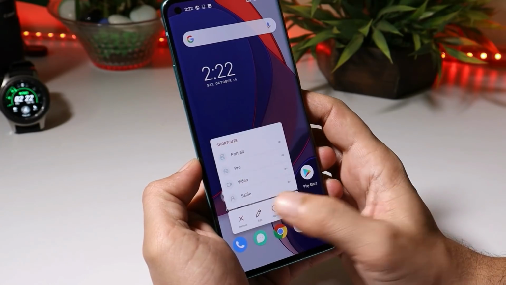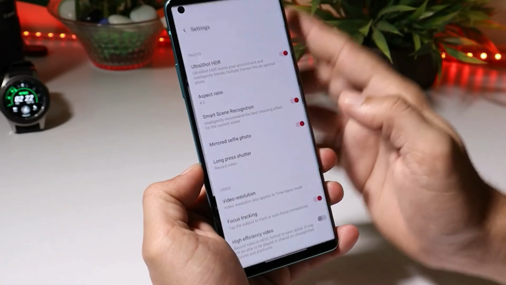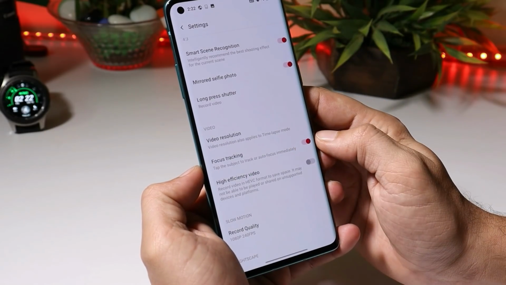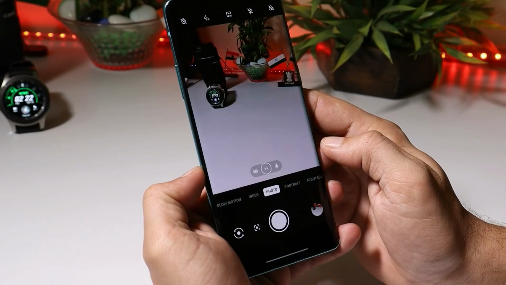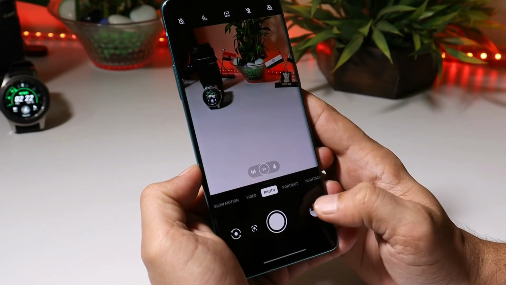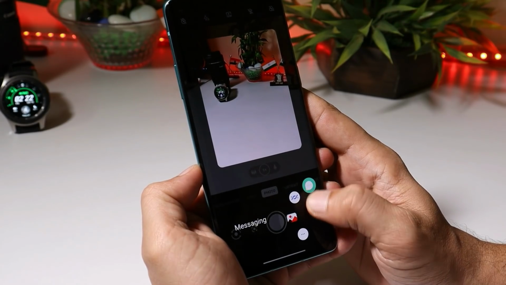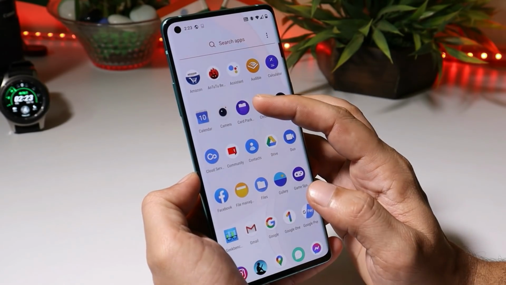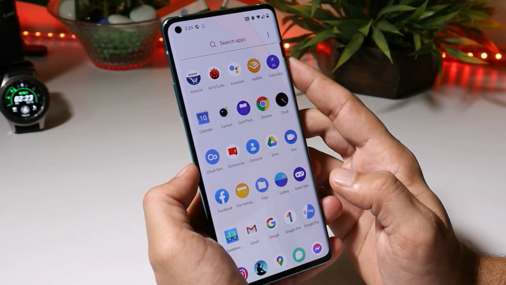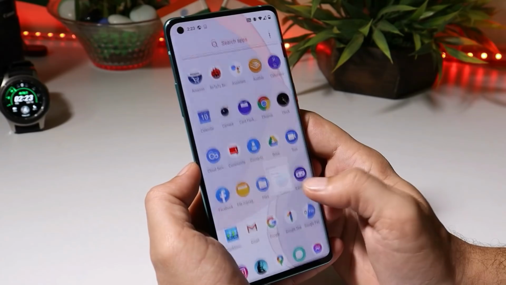Camera version on Oxygen OS 11 is 5.4.93, in which they have added a few new functions, like you can use focus tracking in video recording. Another feature which has been added is that whenever you take a photo, tapping on the gallery thumbnail lets you directly share that photo on your social media platforms. We have also got one new card application, and cloud services have been added, which was missing on Open Beta 2. Now let's talk about the changelogs.